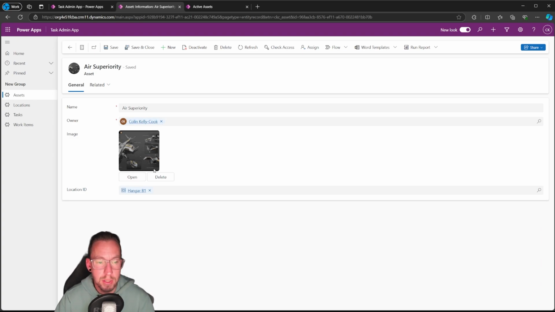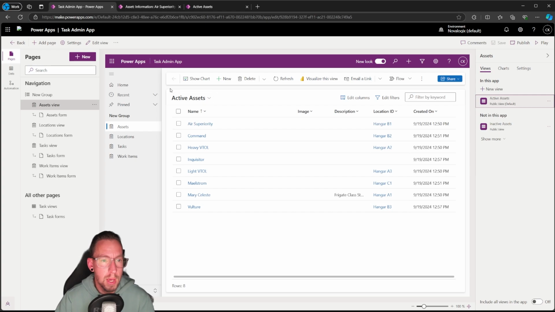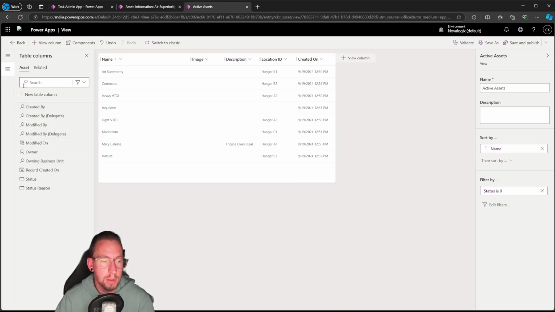Now what if we want to change this form? Because we don't really want to show the owner, we might just want to let them update the name, and we haven't got our description. In fact, I don't think we put a description on the assets, but let's say we want to change this form. So if we head back over to our solution and just pop out of this view,